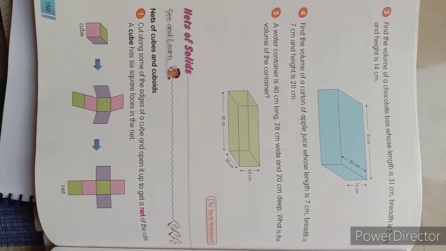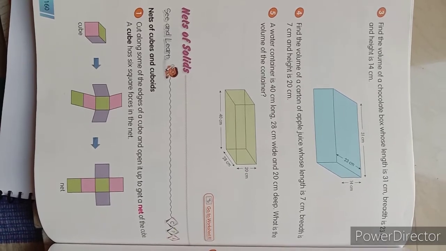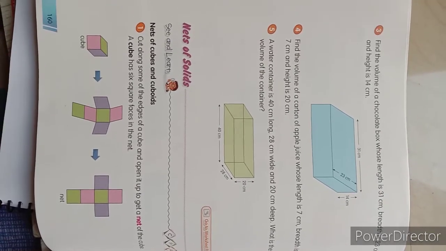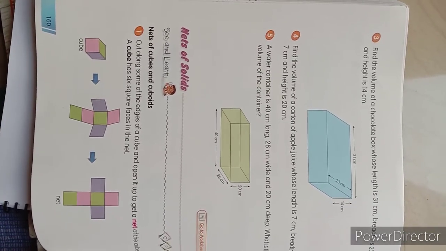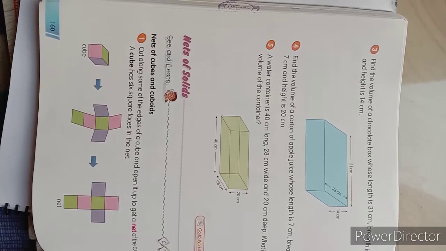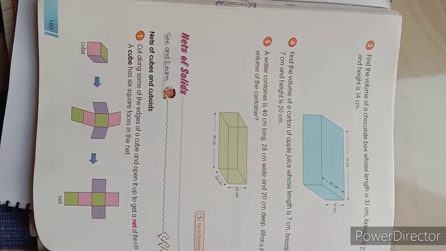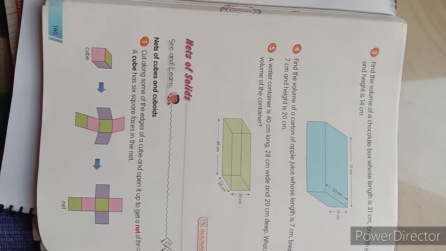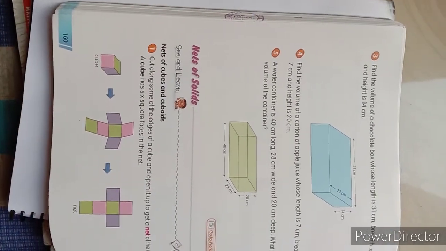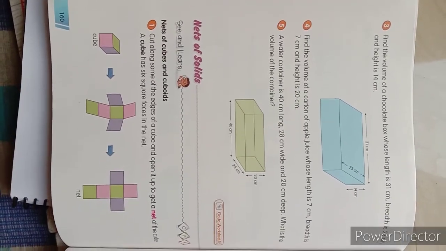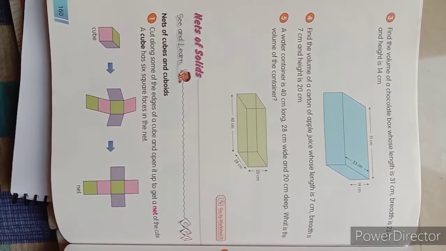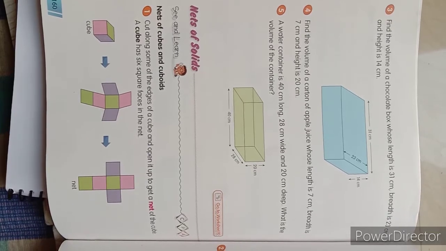Today we will continue our revision of chapter number 9, volume and nets of solid. So our next topic is nets of solid. In this topic we have to find the net of cubes and cuboids. So firstly we have to see this one cube. Firstly, cut along some of the edges of a cube and open it up to get a net of